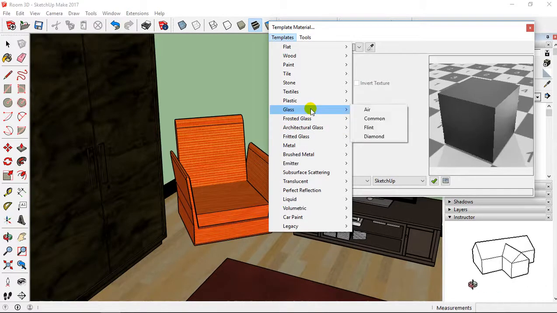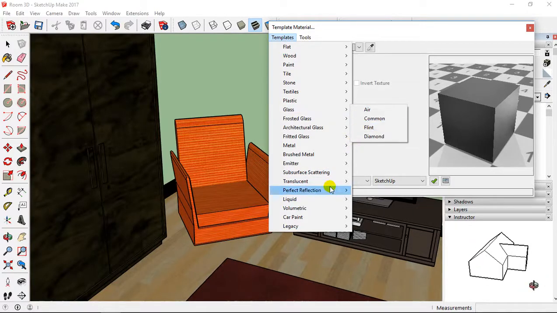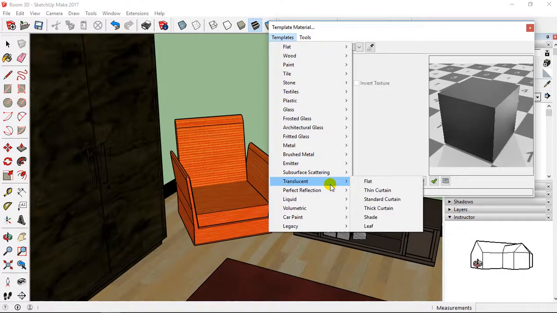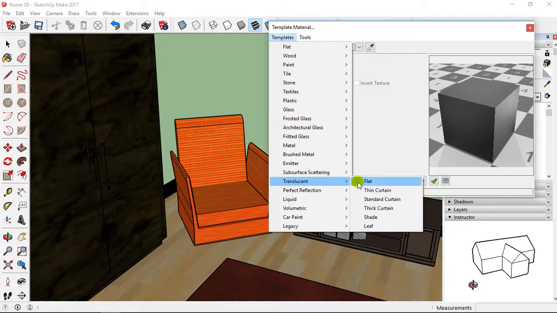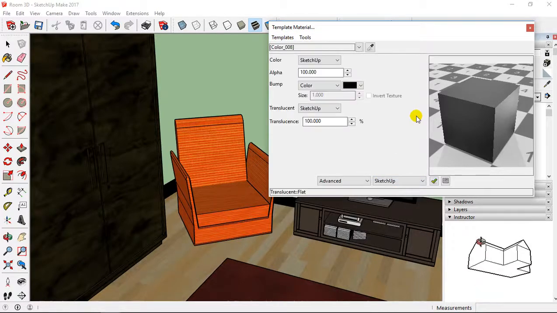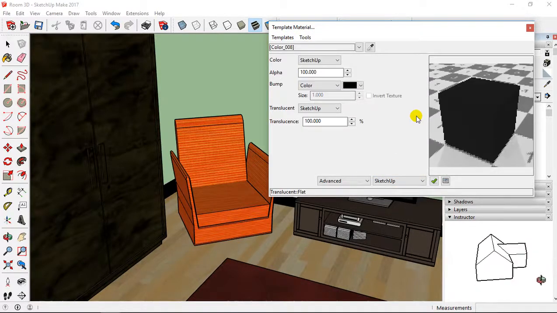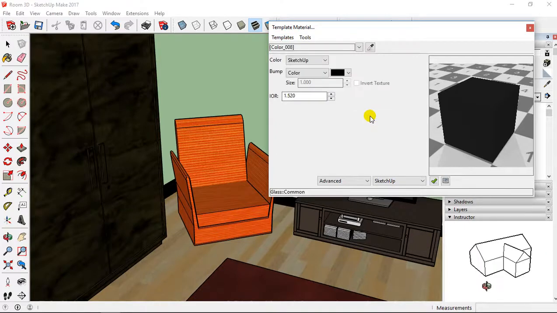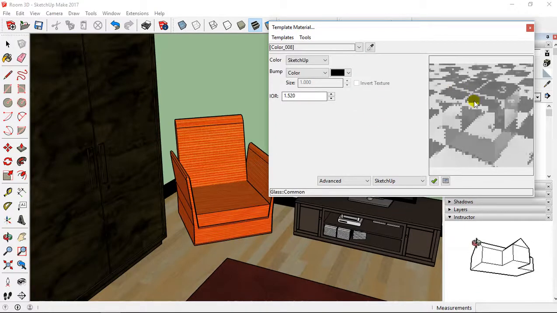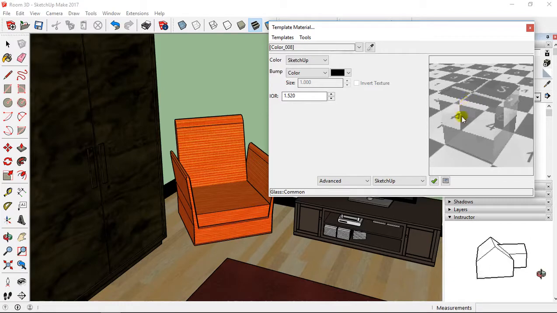You have glass also like this. So I can select glass and common. Or you have also translucent. Maybe I can select translucent, flat, but I think I'm going to select glass and common, like this.